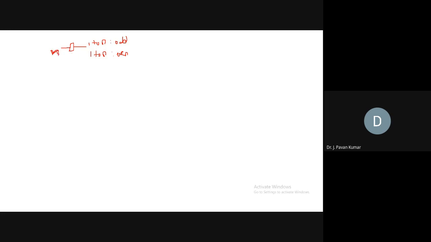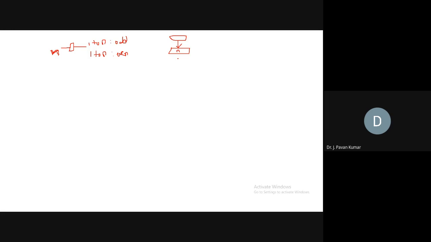Okay, this is the problem. You please draw the flowchart. In 1 minute you should be able to draw. Just take the input as n, so parallelogram, read n. Before that we will have start, then read n. After this you have to check whether it is an even number or odd number. According to that, you have to display one by one, starting from 1.